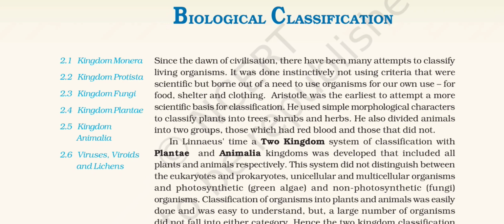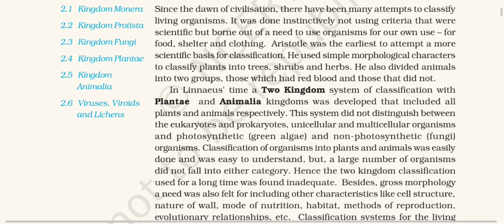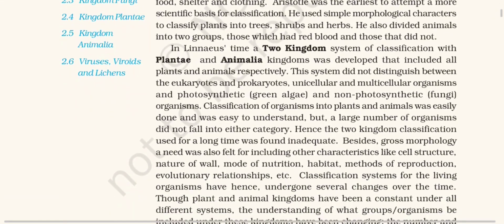In Linnaeus' time, a two-kingdom system of classification with Plantae and Animalia kingdoms was developed that included all plants and animals respectively. This system did not distinguish between the eukaryotes and prokaryotes, unicellular and multicellular organisms, and photosynthetic (green algae) and non-photosynthetic (fungi) organisms. Classification of organisms into plants and animals was easily done and was easy to understand, but